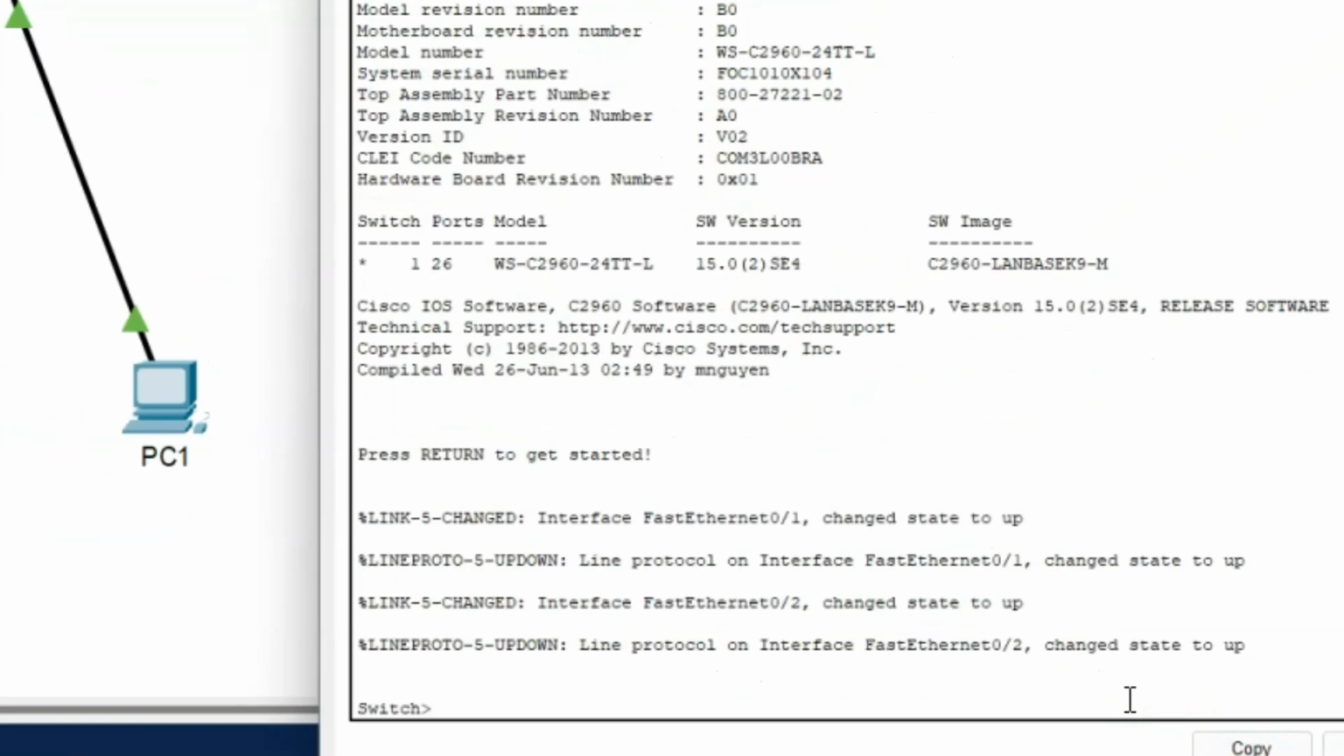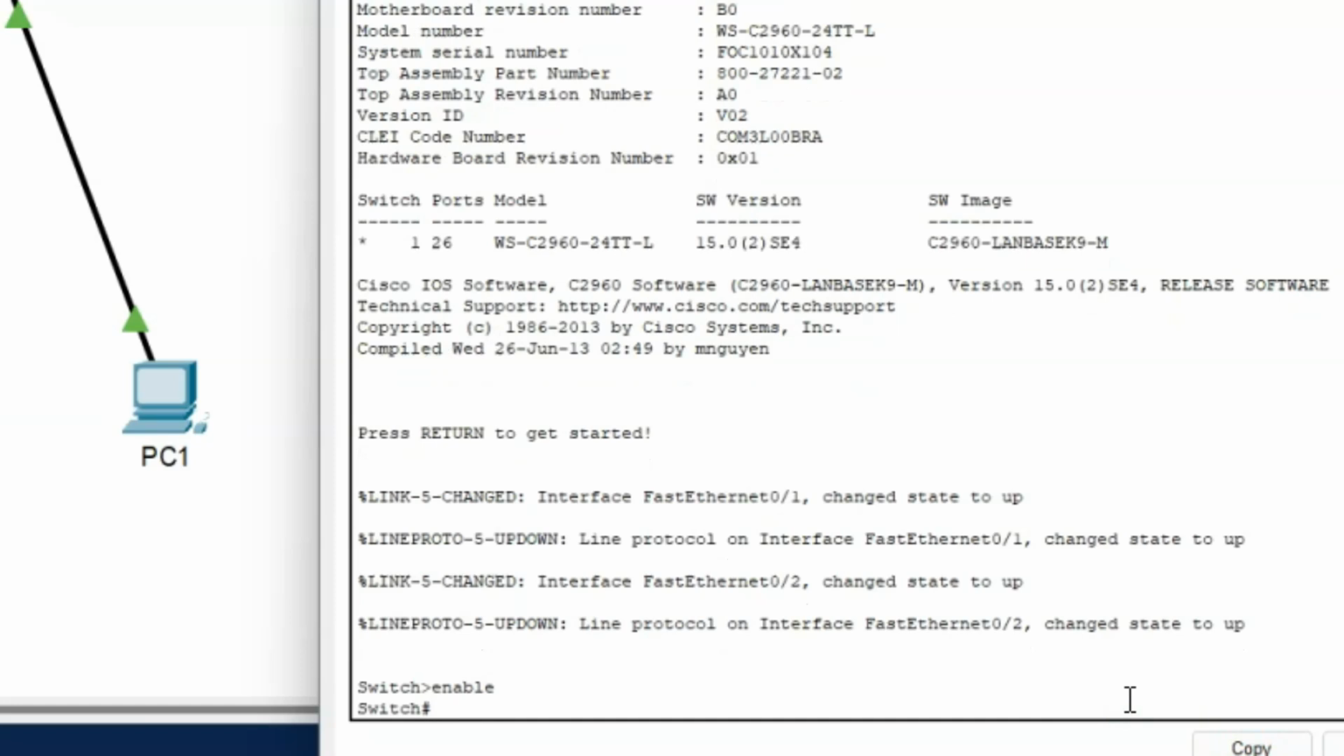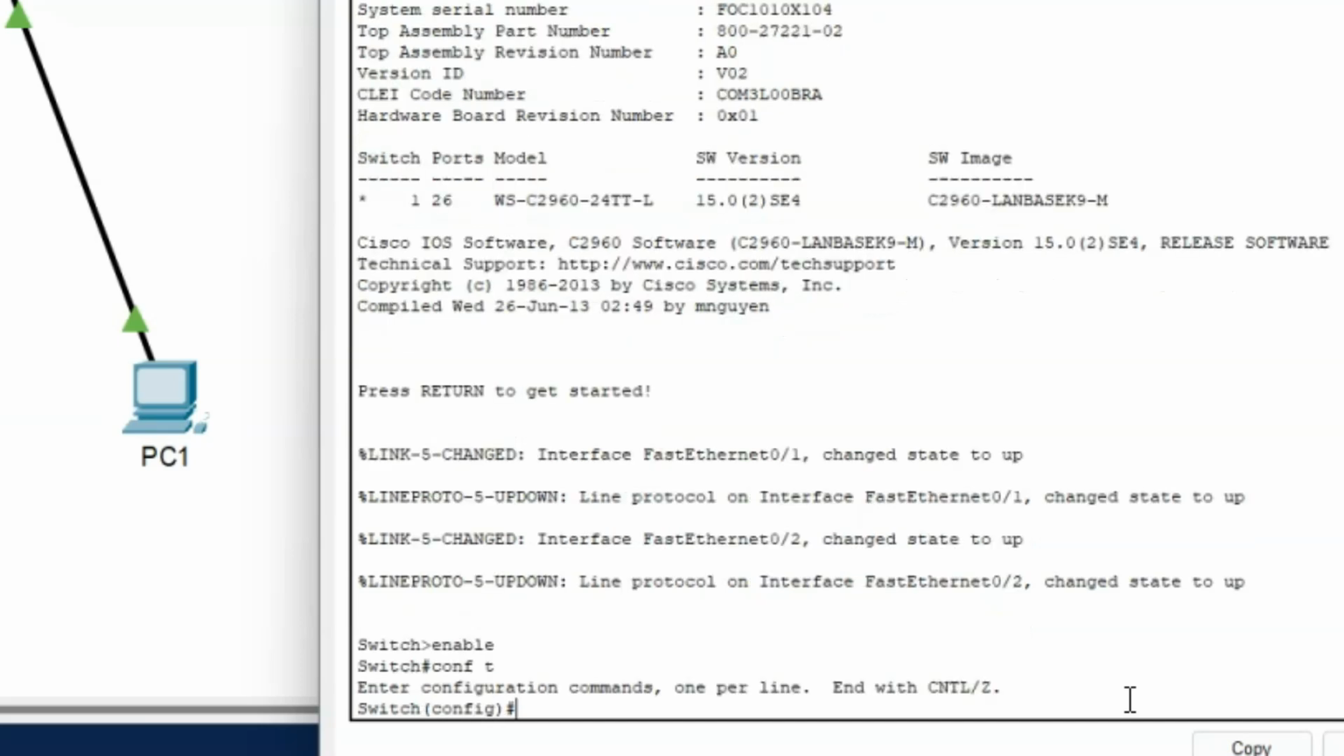Now use the enable command to enter into the privileged execution mode. My next command is configure terminal. Using the configure terminal command, you can enter into the global configuration mode. As per our discussion, in this video I am going to configure the DHCP protocol. First of all, type the command ip dhcp pool